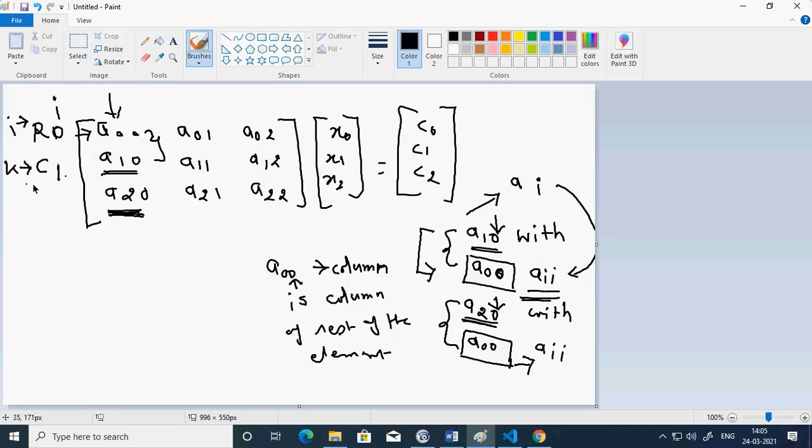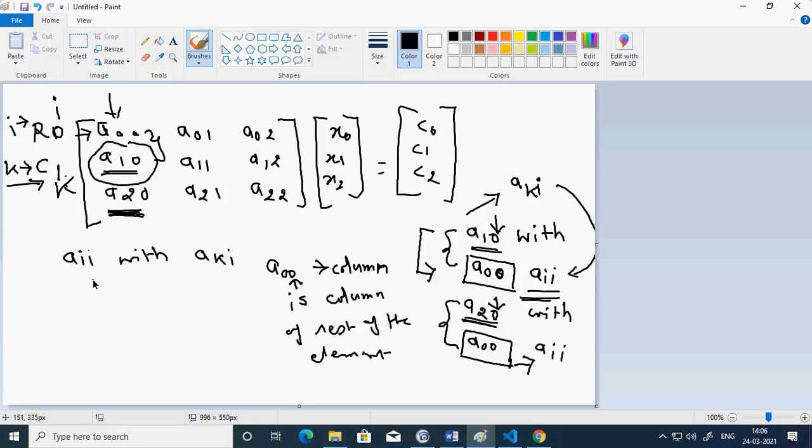Now what about the row? The row is defined by variable k. So for the row I am using a variable k. Therefore this is AKI. So what do I always have to compare? AII with AKI.